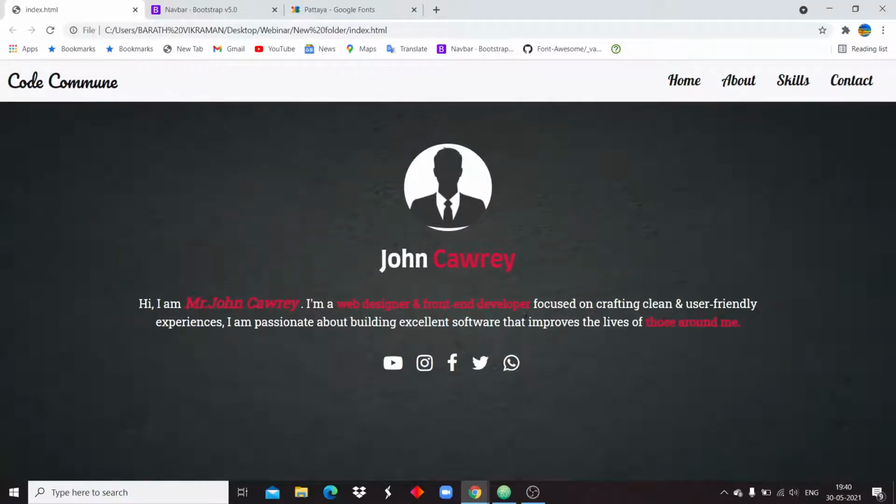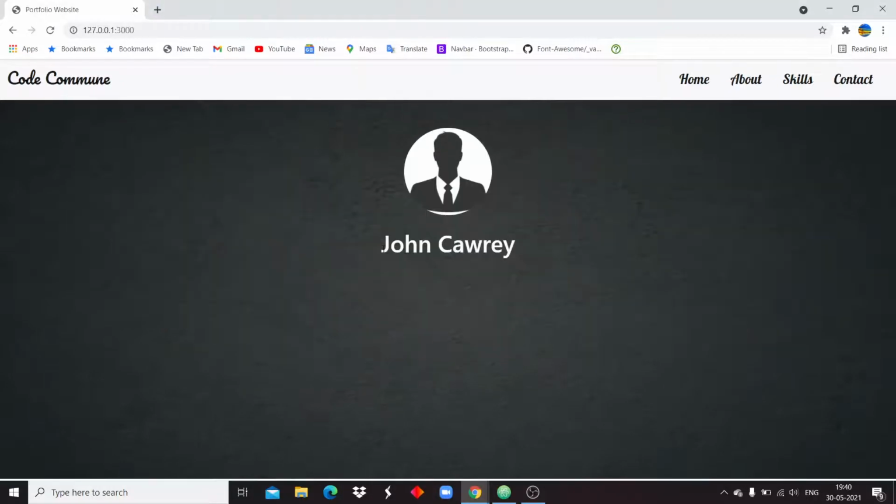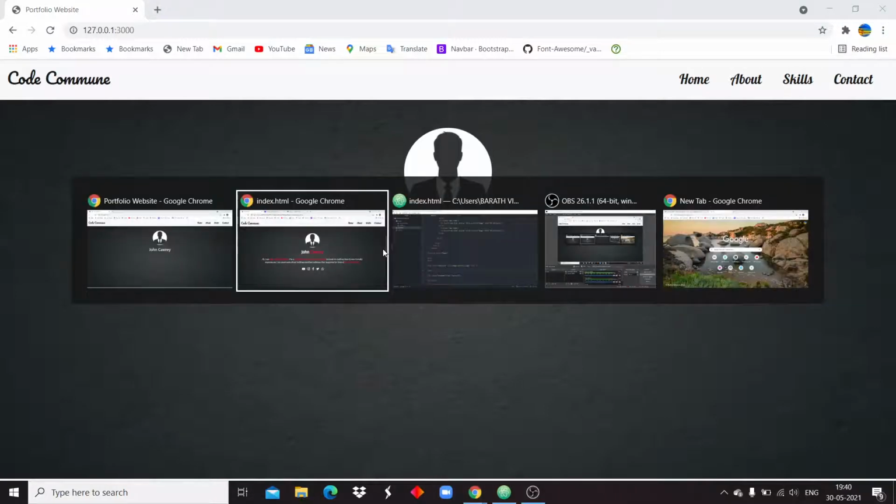And after that, if you notice, we need to change the font size and also the font family. The font family I used here is Ferro.